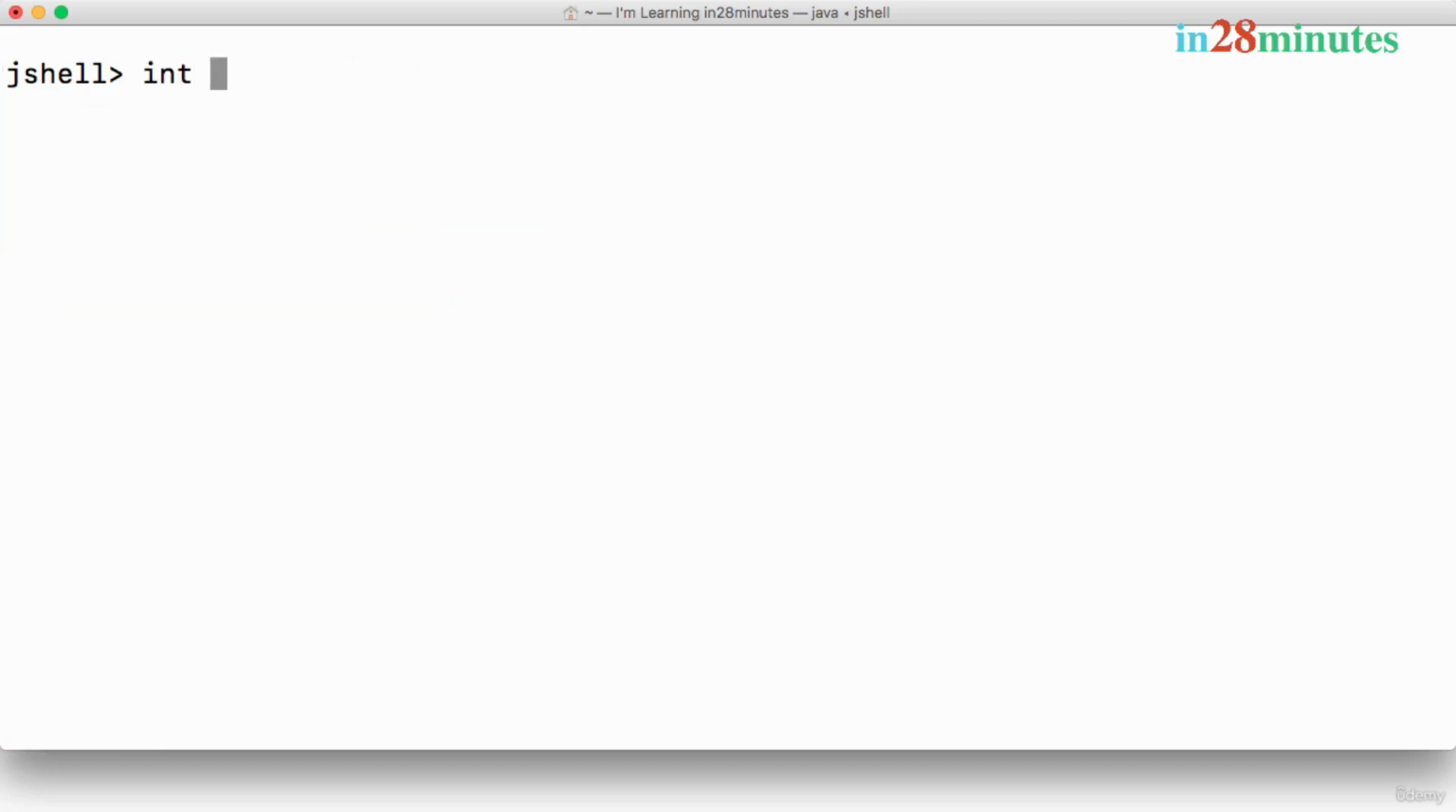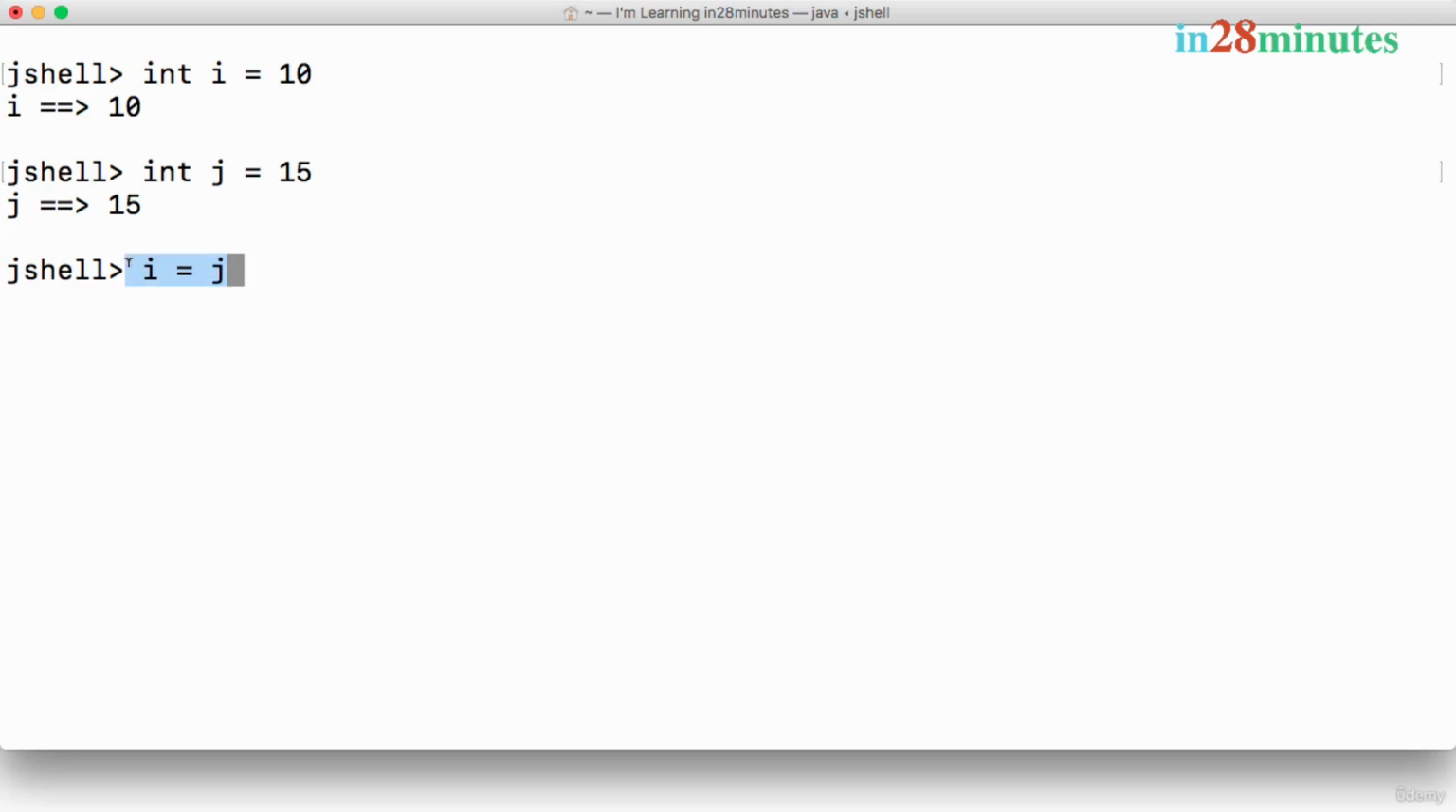Let's create a couple of variables. int i, I'll have a value of 10, and int j, I'll have a value of 15. And I would want to do i is equal to j. The important thing to understand with assignment is that this is different from mathematics. When I say i is equal to j, it does not mean both of them are equal. When I say i is equal to j, I am telling the programming language to copy the value of j